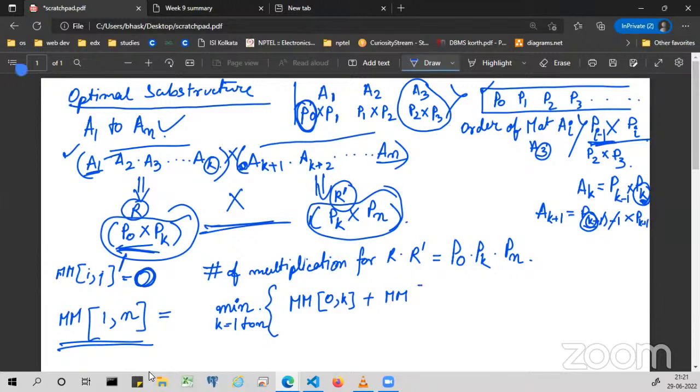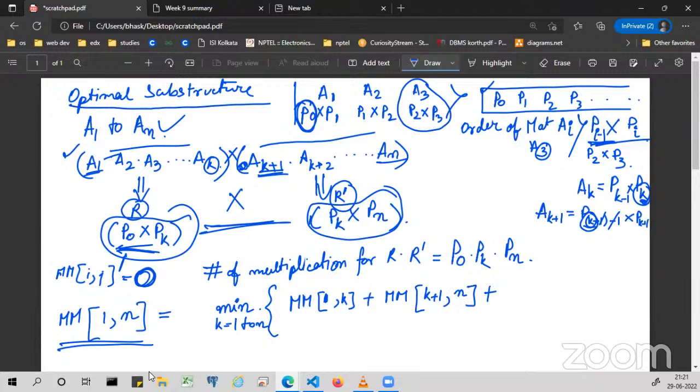Now MM, from where did we actually break? k plus 1, right? Sorry, this is 1 to k because my matrix starts from 1. 1 to k plus MM, k plus 1 to the last matrix, which is n,